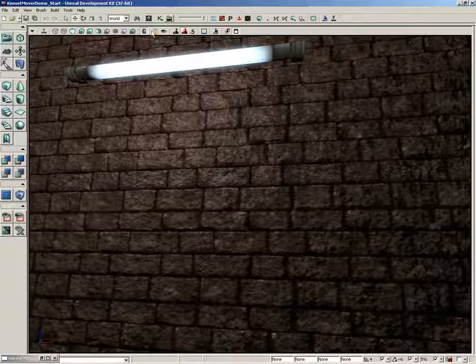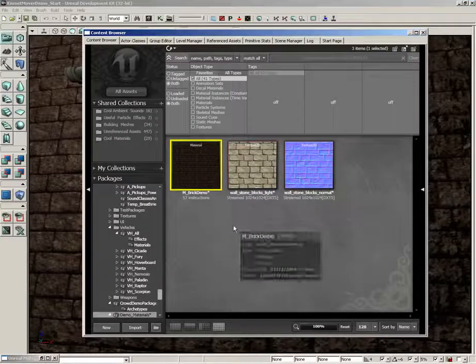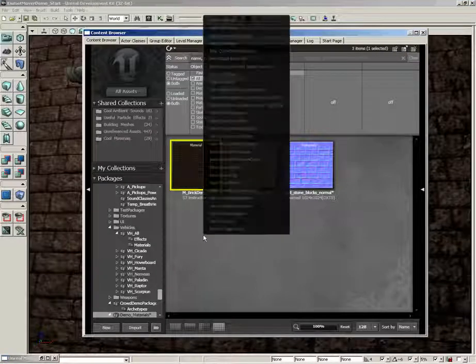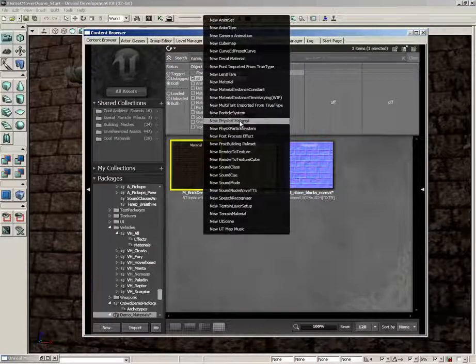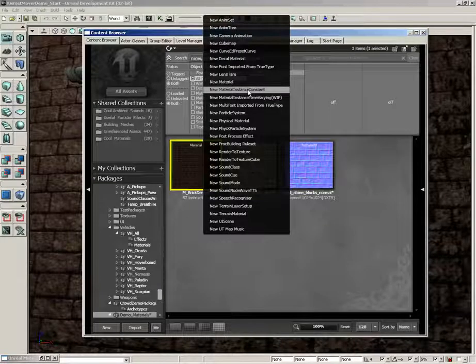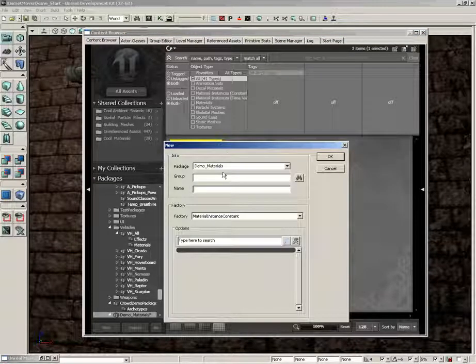and that's by creating a material instance constant. So back here inside the content browser, I'm going to right click and go to New Material Instance Constant. Now the package is demo materials. Let's put this in the materials group. And the name will be